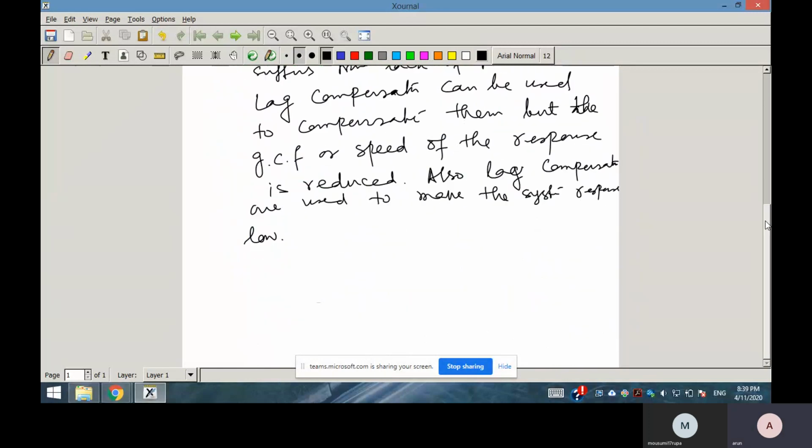So now what is the transfer function? The transfer function is H(s) equal to 1 plus s by